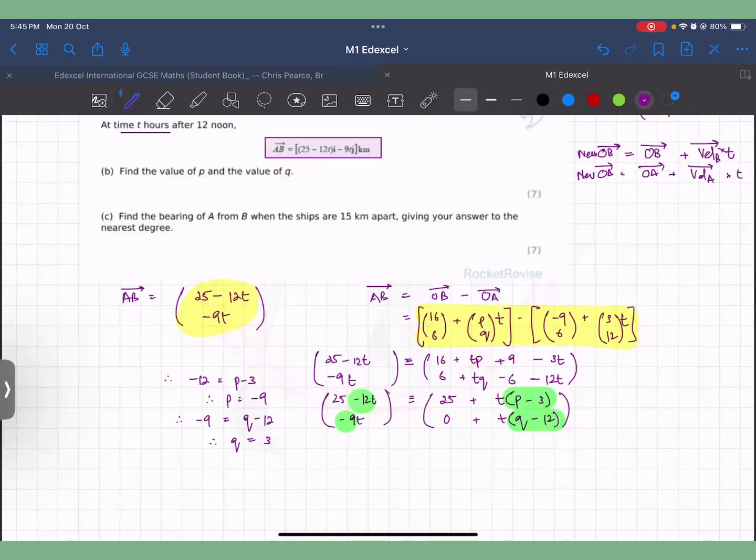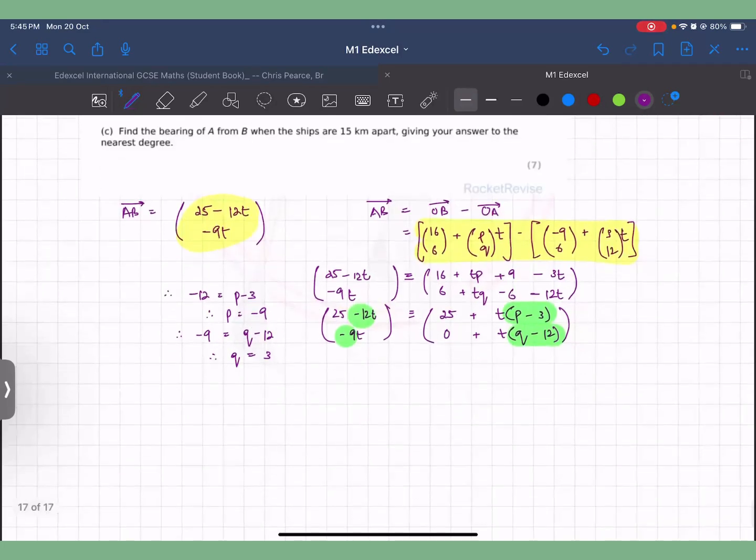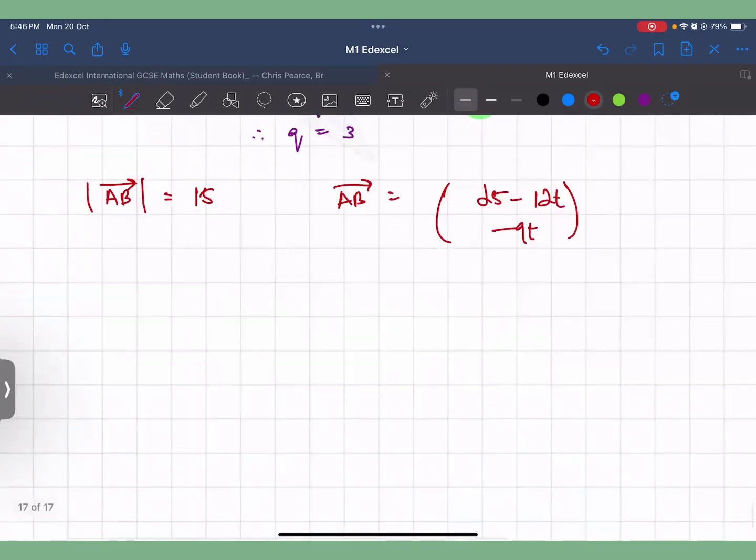Find the bearing of A from B when the ships are 15 kilometers apart, giving your answer to the nearest degree. 15 kilometers apart means the magnitude of AB is 15. Now you know the vector AB is equal to (25 minus 12t, minus 9t). So if you find the magnitude, this would be